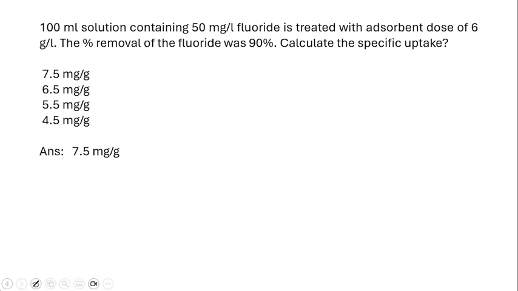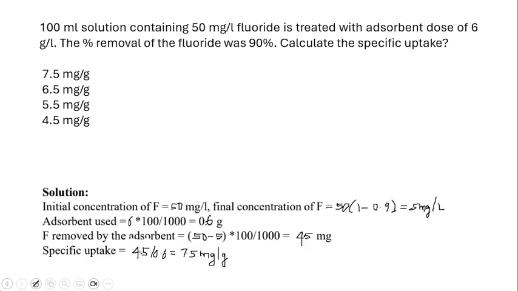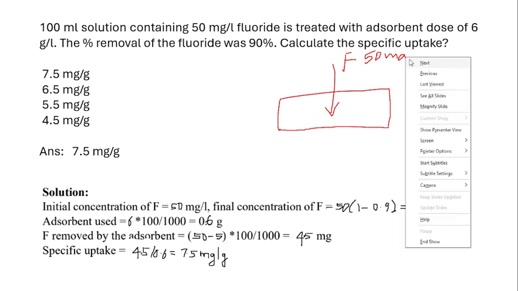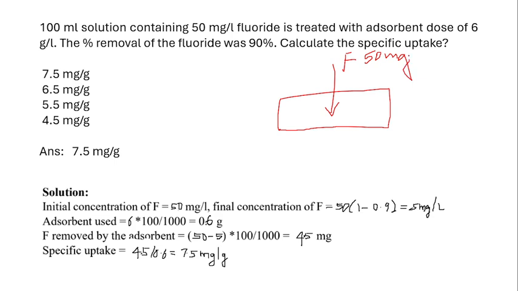So the right answer is 7.5 mg per gram. We will look into the solution now. So consider this as the adsorbent. Our adsorbate is the fluoride. The concentration is 50 mg per liter. This is the initial concentration of fluoride. So when this 50 mg per liter of fluoride is passing through the adsorbent,